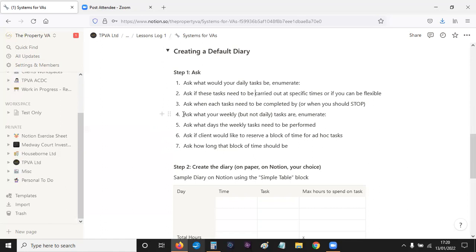Number 4, ask what your weekly, but not daily tasks are. Sometimes you won't have a weekly task, okay? What's the difference? Daily is, as it states, Monday, Tuesday, Wednesday, Thursday, Friday. Okay, daily task. It doesn't change. Today and tomorrow and Friday and Wednesday is exactly the same. Whereas weekly